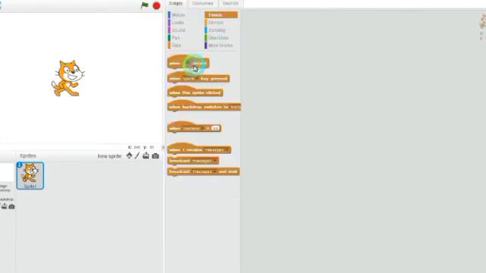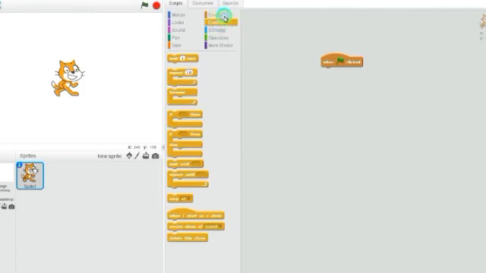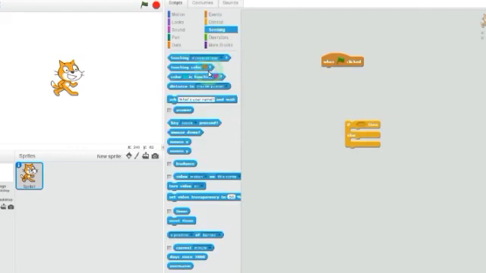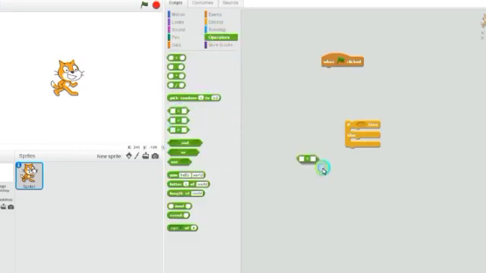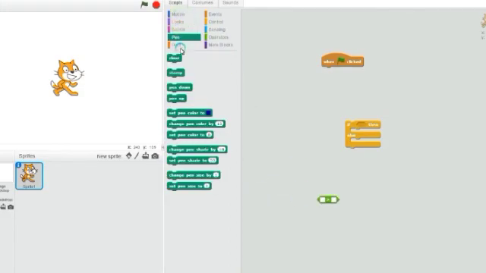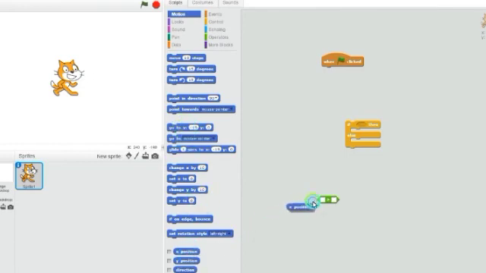Now, next I have stop all. We can check the condition is true, then run. Otherwise, it will be stopped. What we have to do in this: set green flag, then you have to make the values of x and y. Suppose here I am giving that if x value is greater than 50, I am using it from the operators block, then say hello for 10 seconds. This is the code I am preparing.